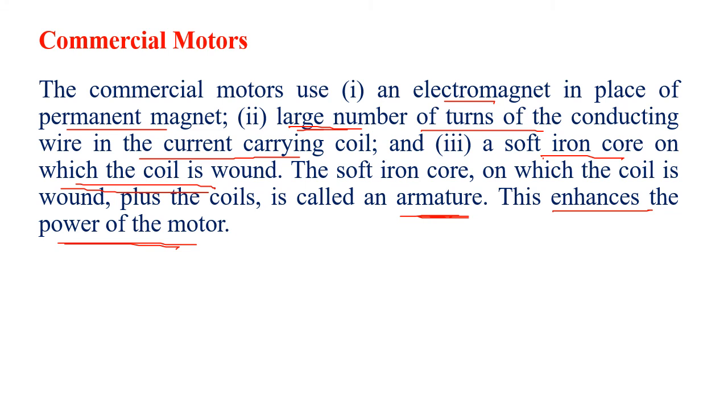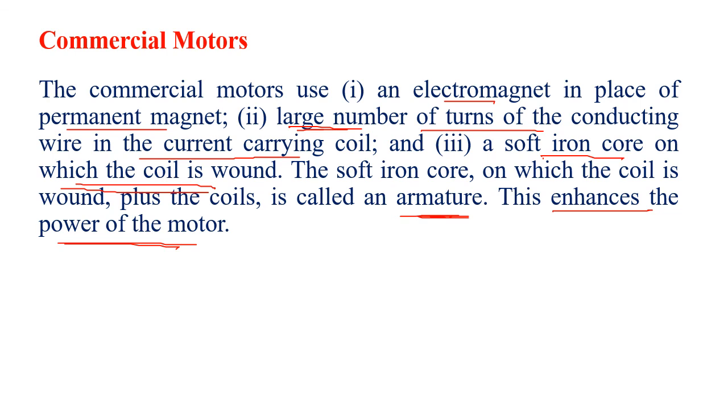So the electric motor is working on which principle? A current carrying conductor, when placed in a magnetic field, experiences a force. And when properly arranged, the force goes in such a way that the coil turns round and round, giving the rotational motion. Now the power of the motor depends upon how much current you pass, the number of turns and the soft iron core. So there are very strong motors which can do strong work. Like I told you, there are motors to remove the juice of sugarcane. To remove the juice of the sugarcane, we really need a lot of hard work, meaning generating a larger force.